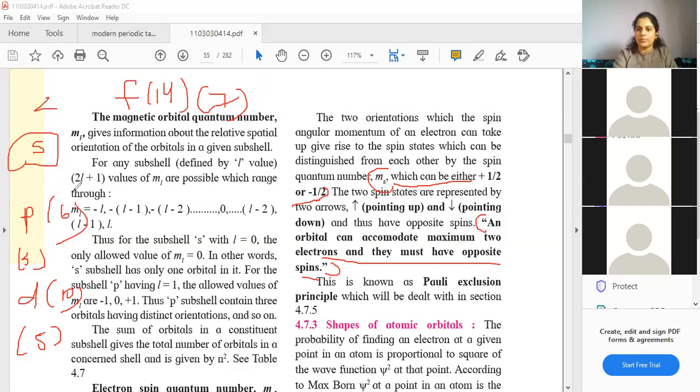If I randomly ask you how many electrons the D subshell can hold, firstly you are supposed to think how many orbitals are present inside D. Inside D there are 5 orbitals, every orbital has 2 electrons, which means the D subshell altogether can hold 10 electrons, so 10 should be your answer. Okay, fine. I hope you all are getting it now.